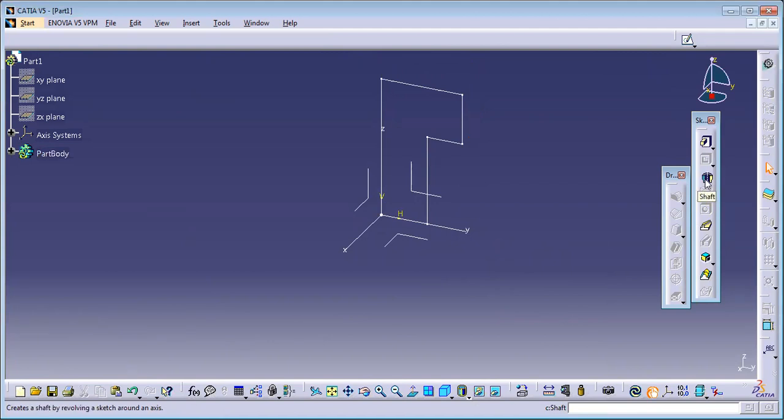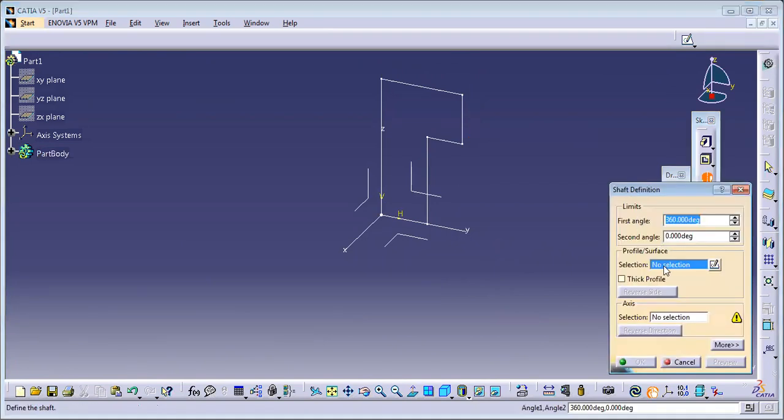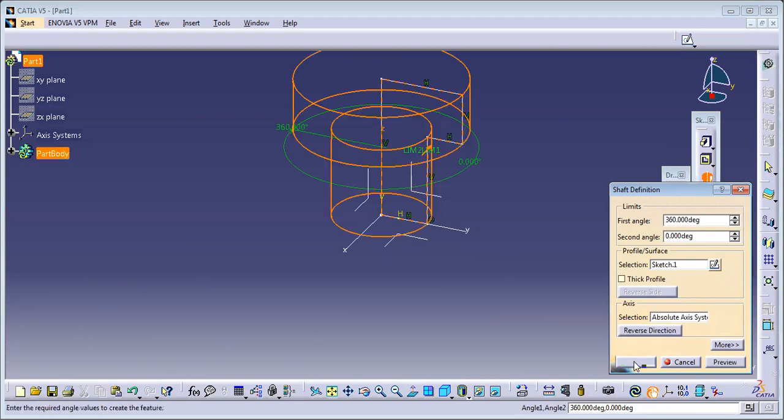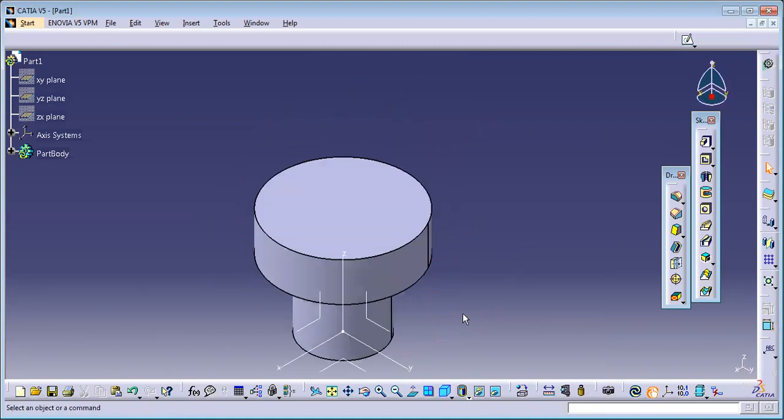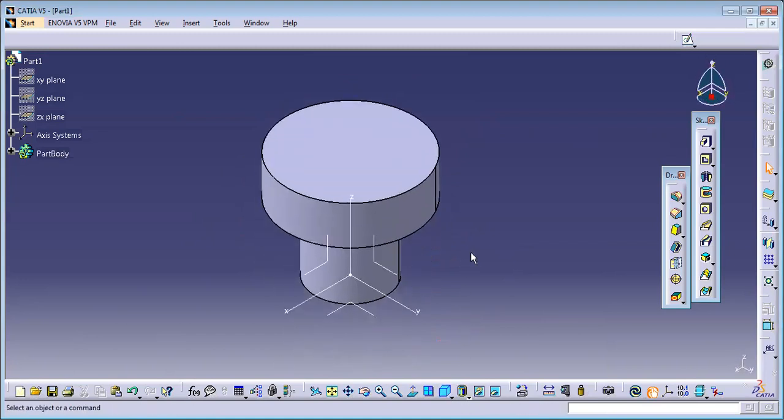See here, I'll go to the shaft. Now it is asking me for a profile. So this is my profile. Now it is asking me for the axis selection. I'll select this as my axis and say okay. See, it has converted into a pure bolt, right? Wherever you see a circular thing, this is the command you can easily use. The best example is your screw jack assemblies, right? You created the nut as well as the body of that screw jack using this same revolve command. And if you want to remove the material the same way, you can go with this groove here.